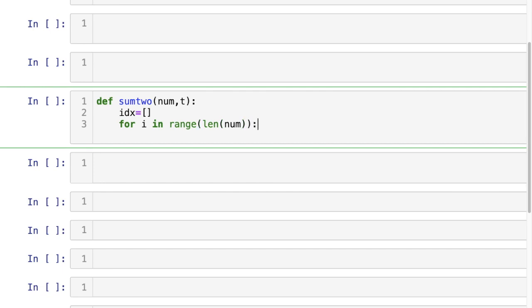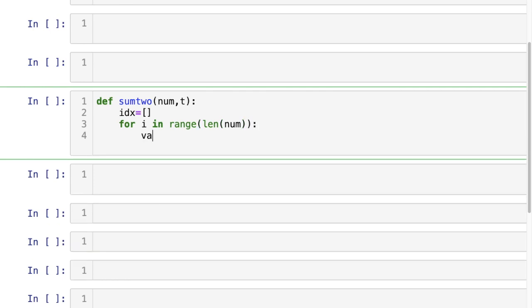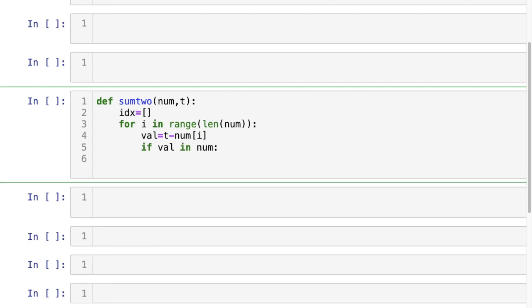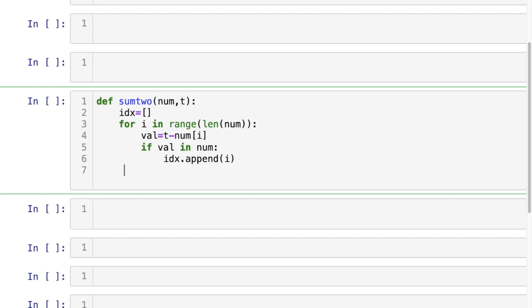Now we'll apply the same formula here. Let us take val equal to target minus num of i. So we got the value. Now we will check whether this value is present in num or not. If val is present in num, then we will simply append the current index, the value i. Now we are done. If it is not present, it will simply iterate to the next element, and at last we will simply return